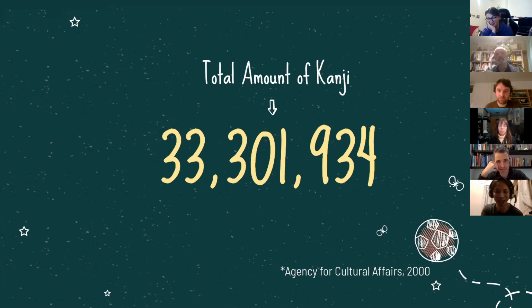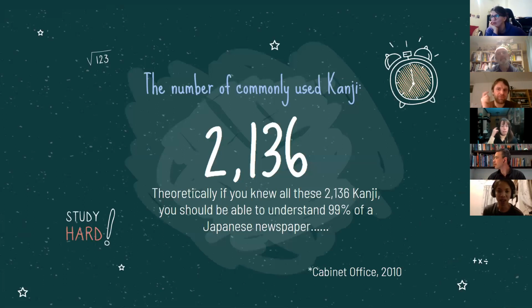Sorry, Andre, is this the Chinese Agency of Cultural Affairs? It's the Japanese agency. Oh, really? Wow. And I really have no idea how they get this number. That's a really big number. Perhaps they count every single reading? I don't know. I think they got this number from a collection of books, and I have to check it. And that's the number they have.